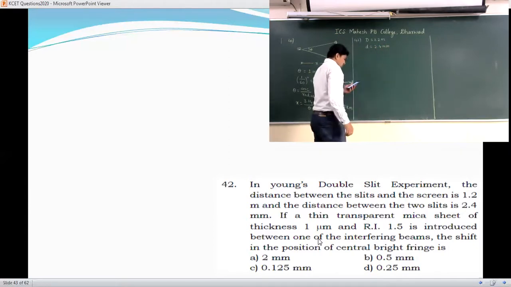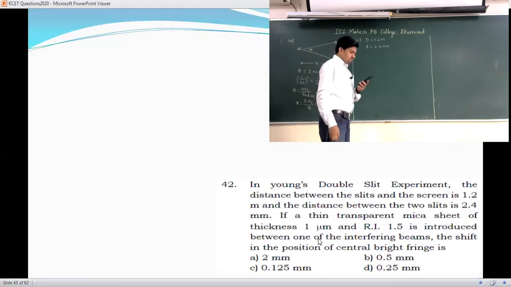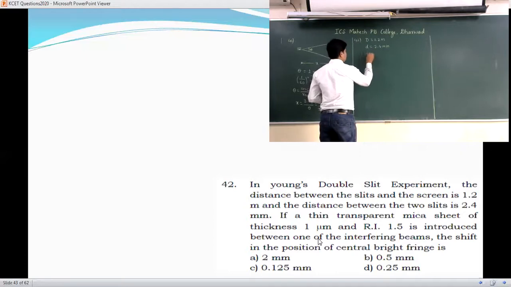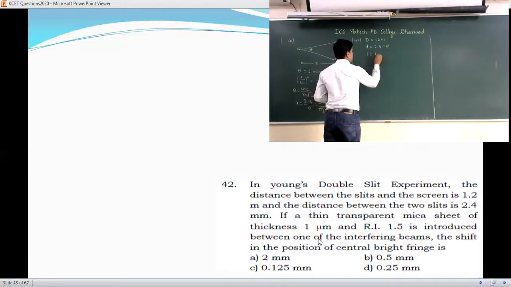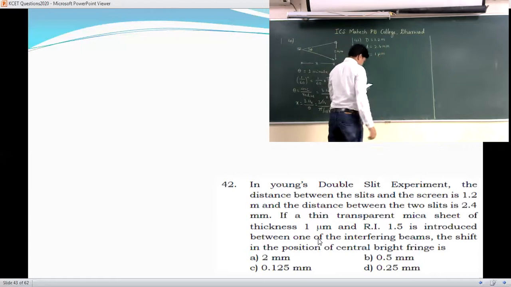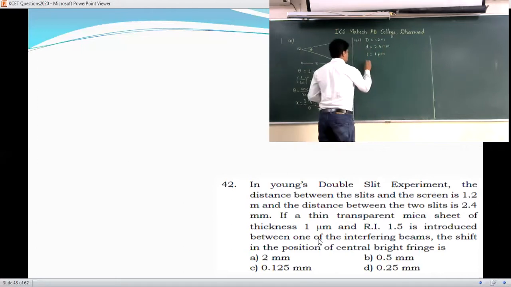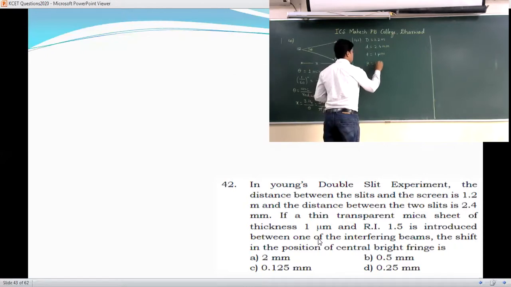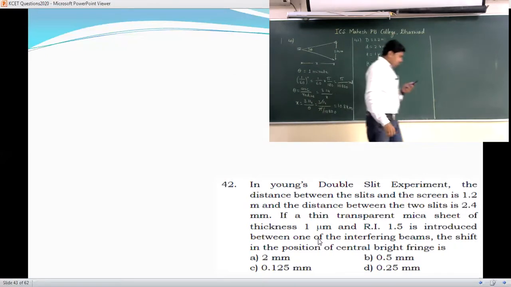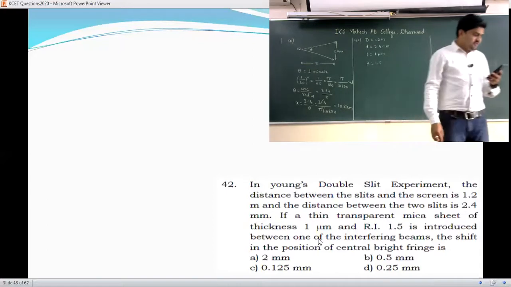If a thin transparent mica sheet of thickness 1 micrometer, which we write as T, and refractive index 1.5, so mu is equal to 1.5, is introduced in the path of one of the interfering beams,